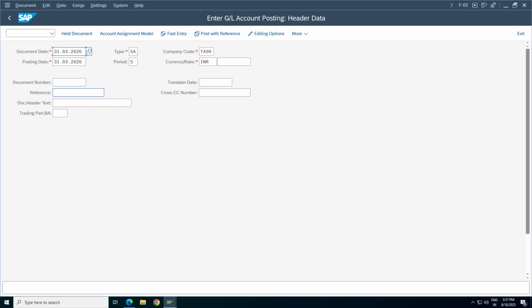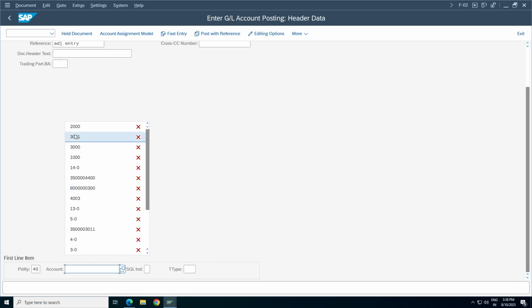Now, adjustment entry or tax adjustment, whatever adjustment they want to do, they'll adjust the entries using this option. Here this is fine, but the period has to be either 13, 14, 15, or 16. So let us update on the December period. December comes under the third quarter, so the third quarter belongs to the 15th special period. Let us see whether it updates in the right period or not.